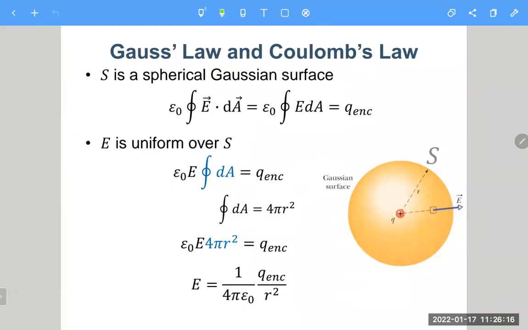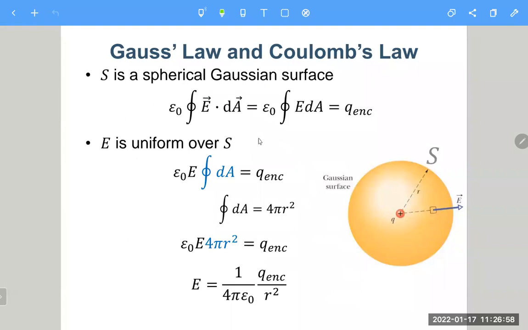Okay, so here shows how we can use the Gauss law for the simplest case. It actually tells us that the Gauss law is compatible with Coulomb's law, which we have learned in chapter 21. So it says S is a spherical Gaussian surface. A charge Q with a positive value is at the center of this spherical Gaussian surface. So if we try to apply the Gauss law for this Gaussian surface, Q enclosed is actually this Q,